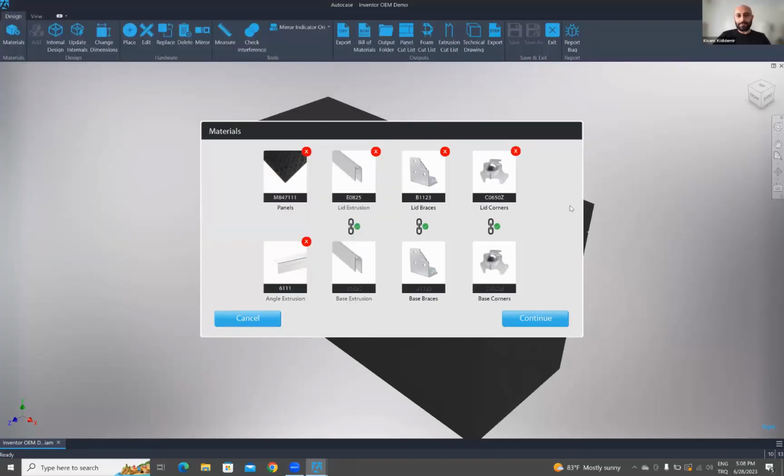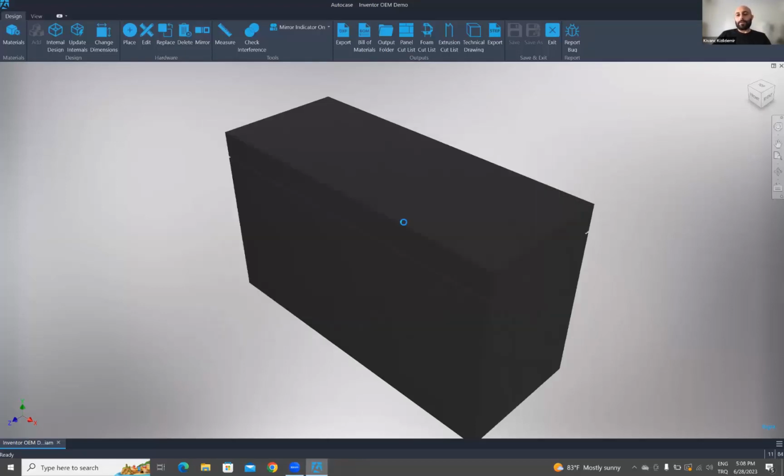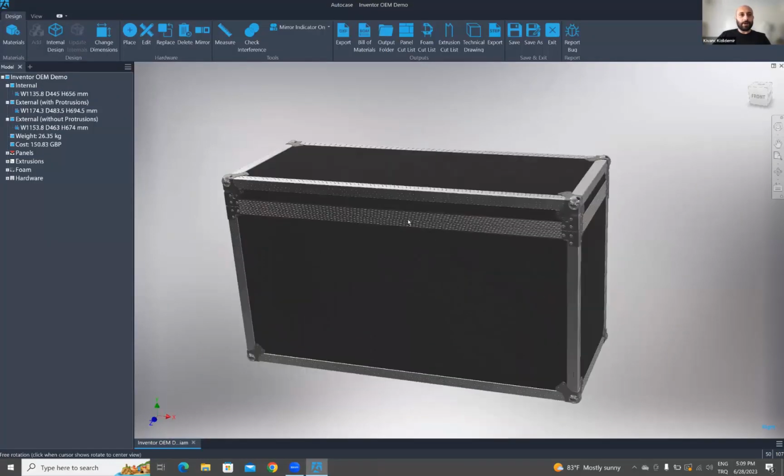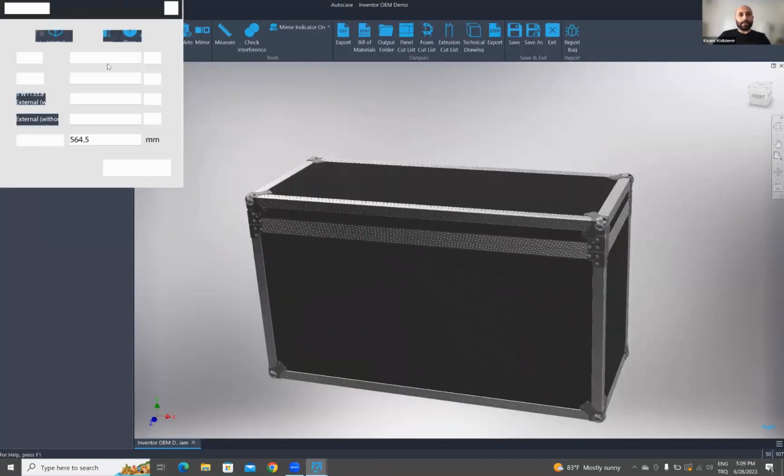So in this menu, we enable users to select their initial components on the case that they want to build. But of course, after the initialization of the case, they're able to change anything placed on the case. So this is an empty case. So you can change the dimensions